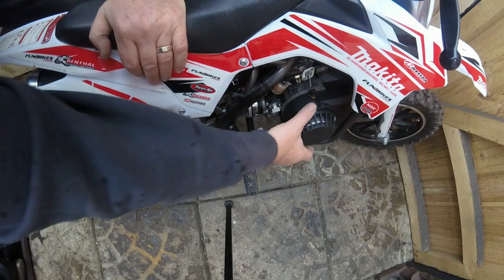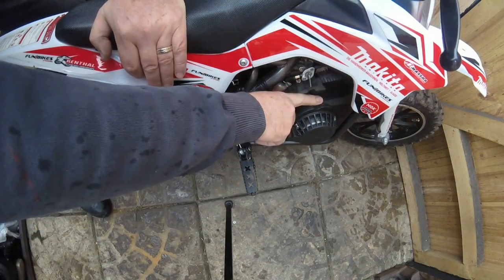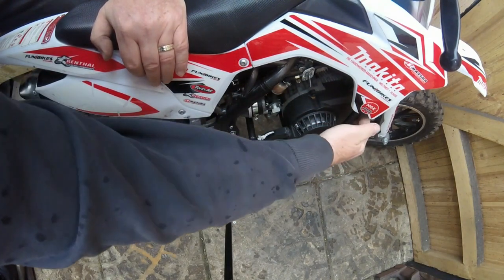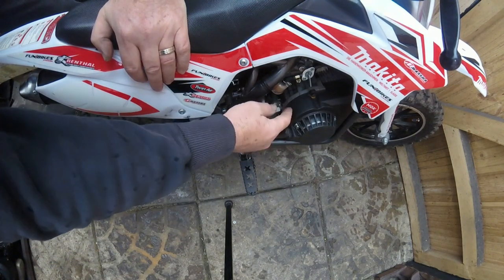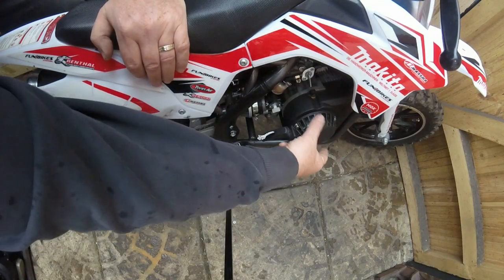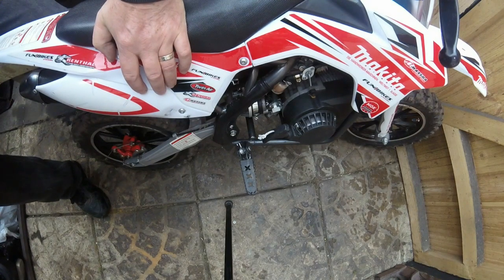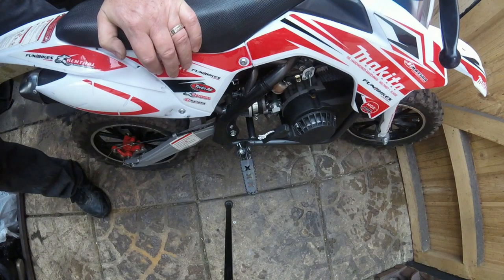But to get it off, I did try earlier to get this casing off of here, this bit here, and because this crash bar is in the way, or this frame bar is in the way, you've got to take the engine off to get this recoil cover off, because it won't come past this bar at all, which is going to be a bit of a pain. And there's only a few bolts in it to lift it up, but I'll see what the bloke wants to do with it. And what I'll do is I'll do another video